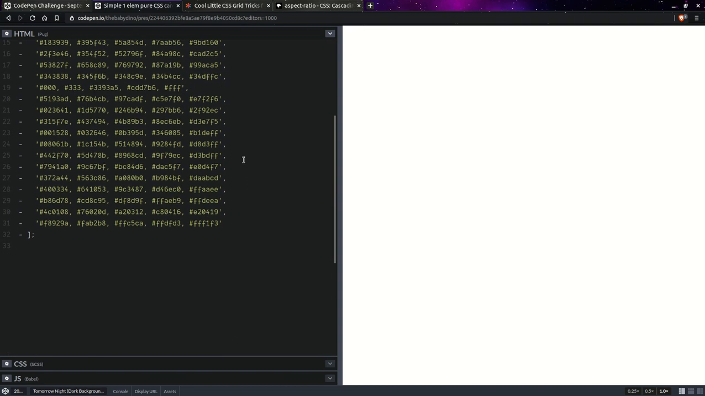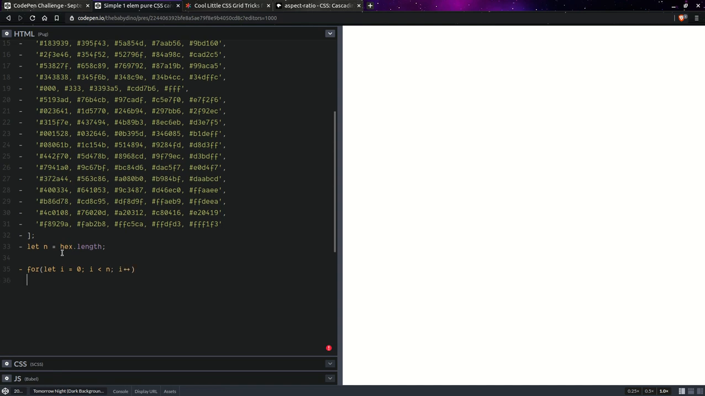Yeah, I went a bit overboard with that. So each one of them is going to correspond to a card like the one you saw previously. So we're going to first get the length of this, so hex length. Okay, and then within a loop we're going to have for let i going from 0 all the way up to n. Increment this at every step, and we're going to have a div,